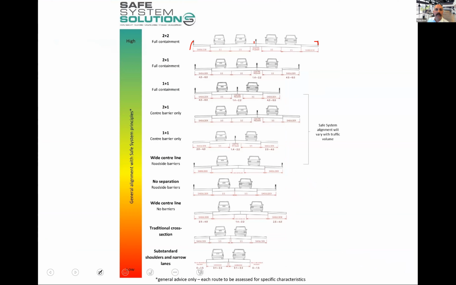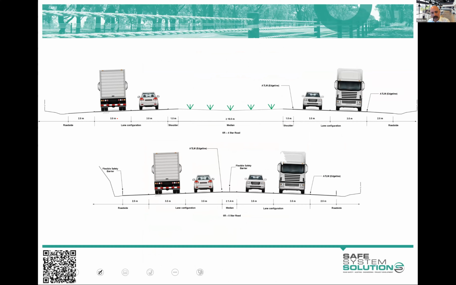But you fall asleep, leave the lane, hit the barrier rather than a cleared area, tree, and the like. Ideally, we stop them falling asleep in the first place, but the reality is it'll continue to happen, and we try and minimize the severity. And it goes down from there in terms of effectiveness and alignment with safe system principles. And it becomes an interesting point where you get more head-on crashes to run-off-road crashes, but I'm not going to get into that detail.